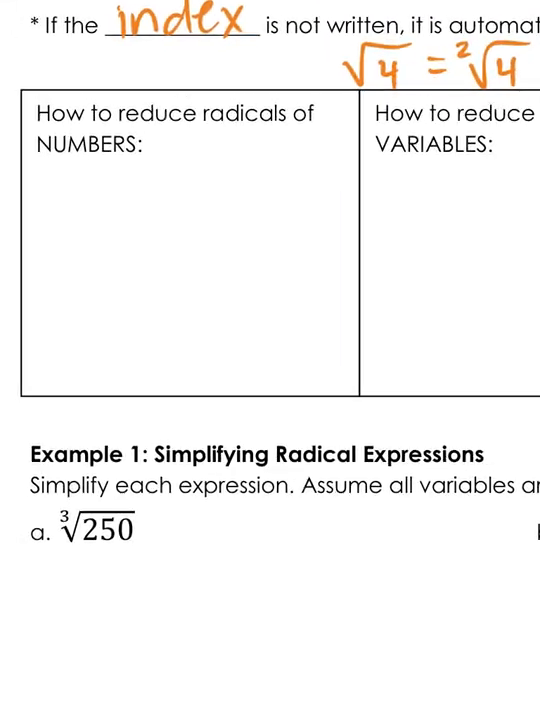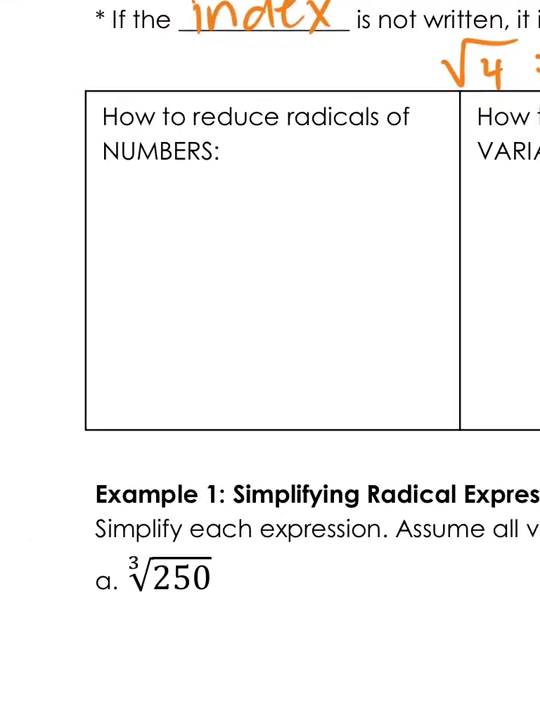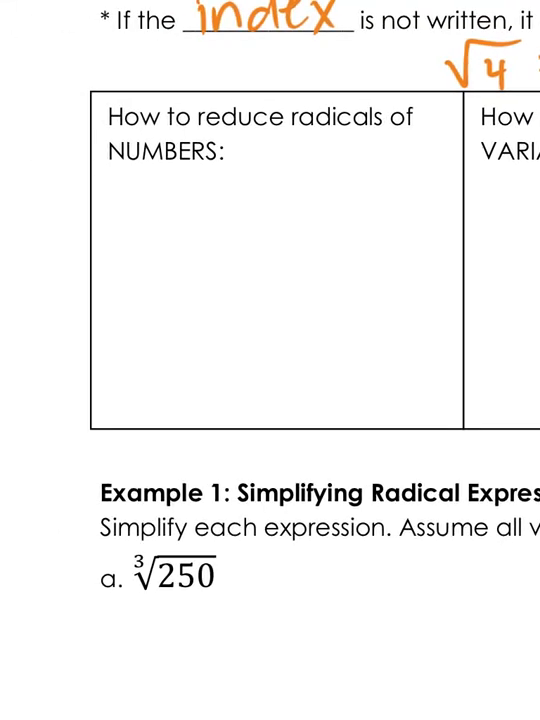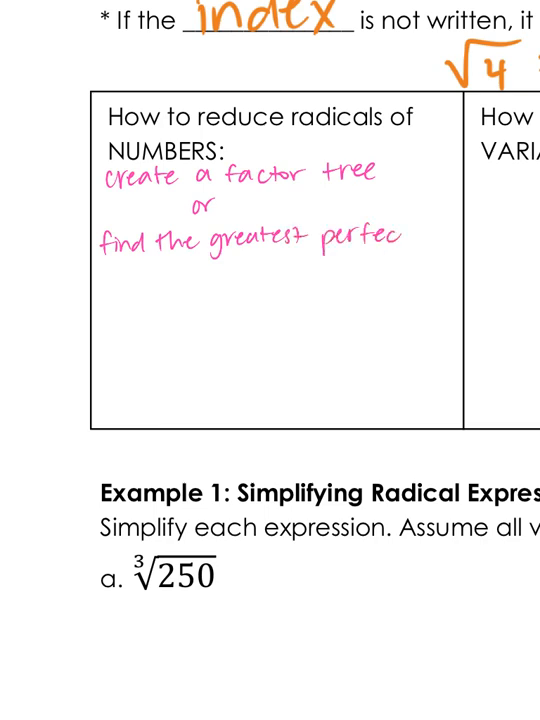All right, so there's ways to reduce radicals of numbers. So I'm going to zoom in on that so you guys can see that. So there's a couple of ways to do it. One way to do it is to create a factor tree. Another way to do that is to find the greatest perfect square, or perfect, I'm going to say perfect root,